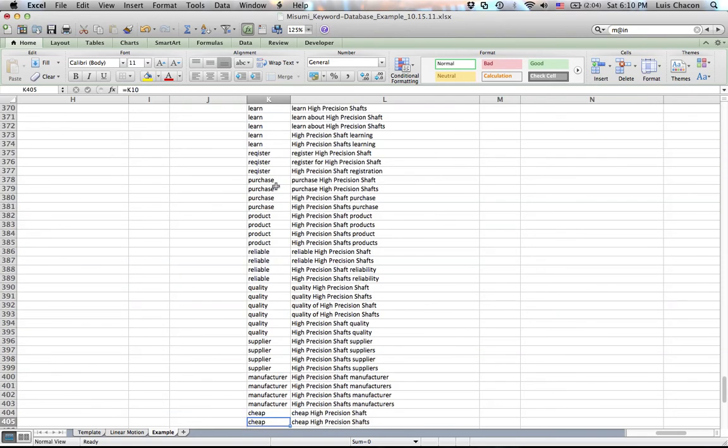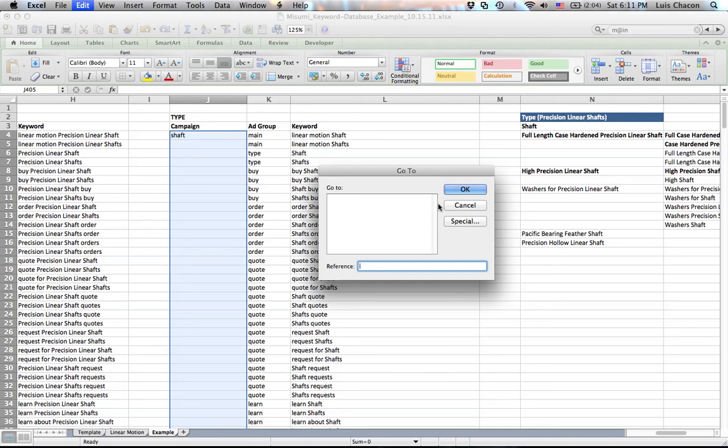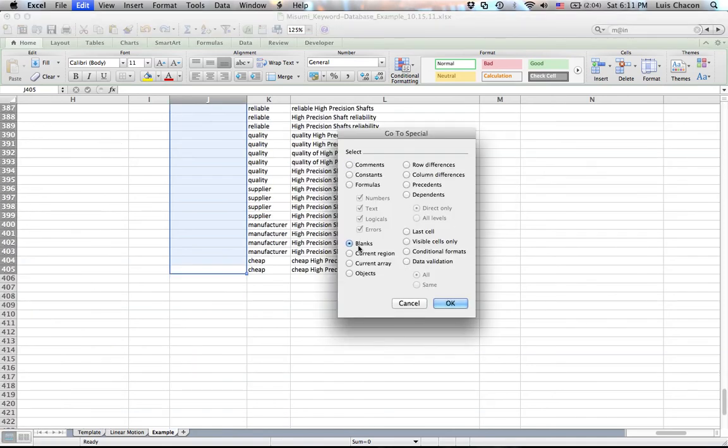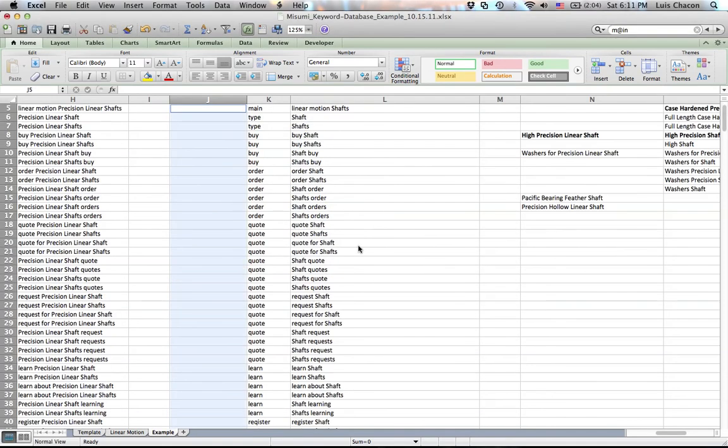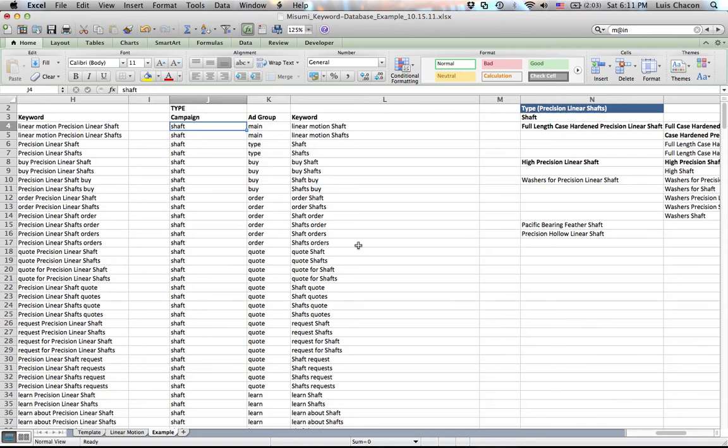You select the whole campaign list, go to edit, go to special, blanks, OK, equal sign, select the cell above that, press Control and hold it, and press enter. So now you have your complete keyword list for the type